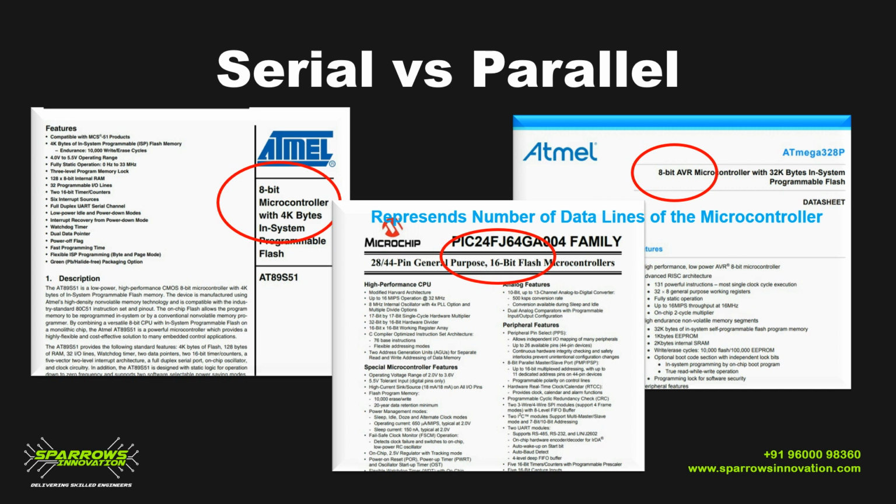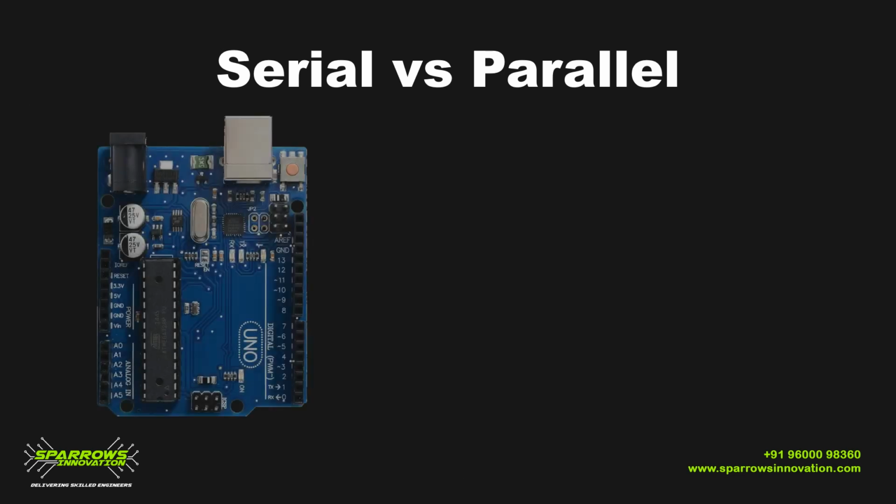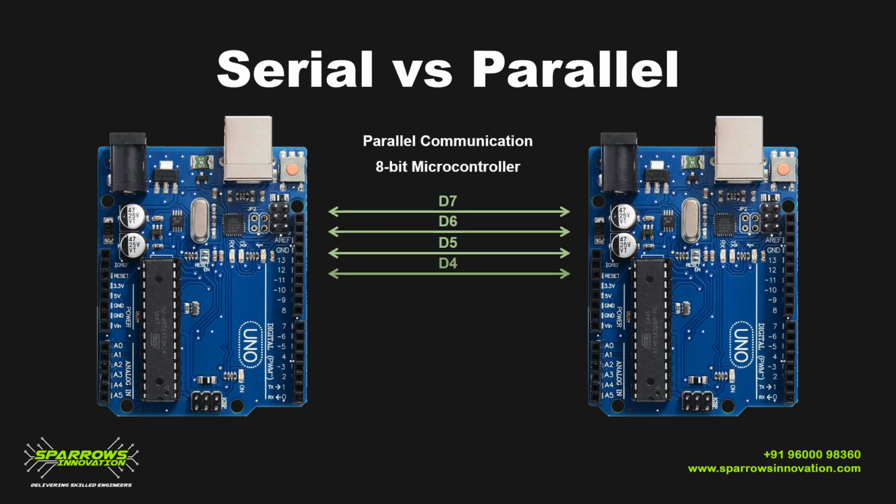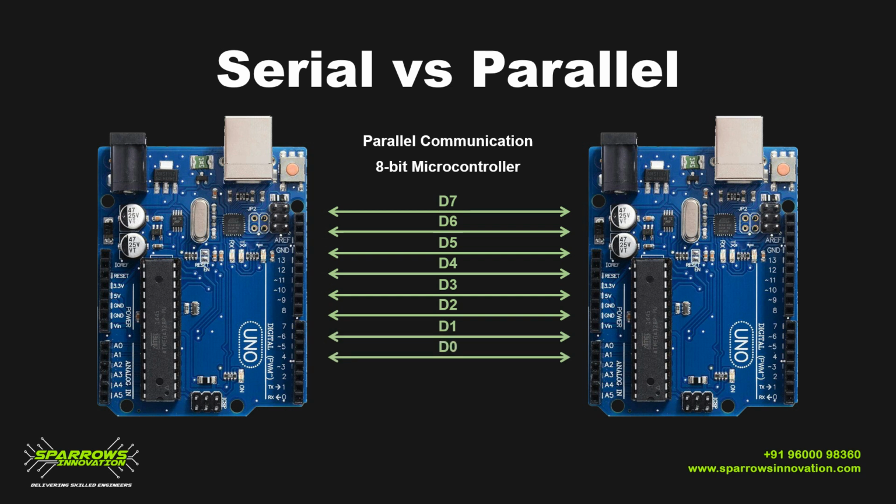So for example, if a microcontroller is an 8-bit microcontroller, then you can transmit data of 8-bit. So you can transmit 8-bit data at a time. So these are 8-bit data lines presented inside the microcontroller. As I already explained, this Atmega 328P is an 8-bit microcontroller. We will see how Arduino can transmit parallelly. So for transmitting data parallelly, you need 8 input and output pins to communicate between two devices, two Arduinos. So for 8-bit data transfer, my microcontroller or my Arduino is taking 8 input and output pins.